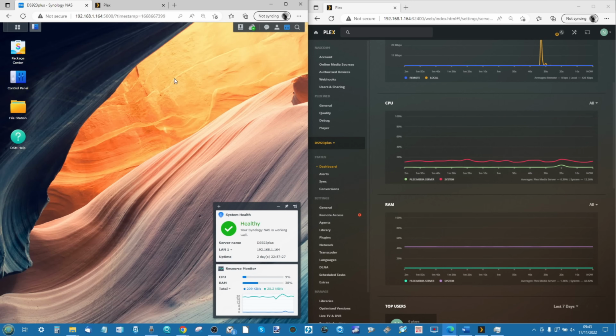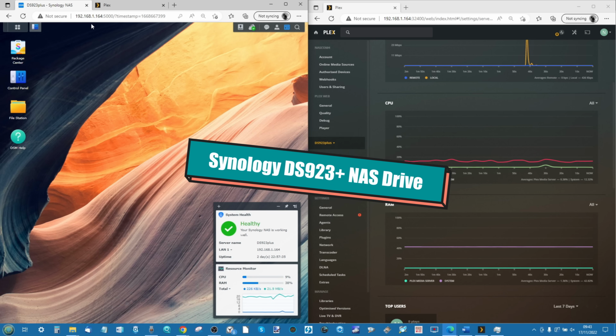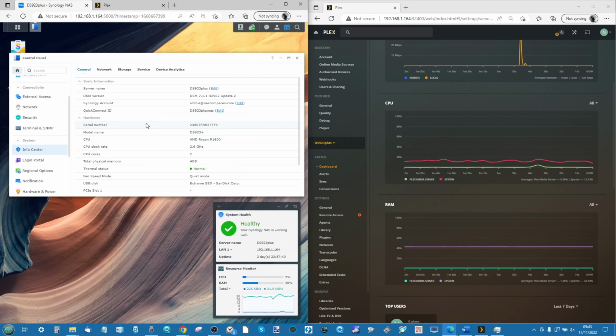Hello and welcome back, and that is right, it is time for the Plex Media Server testing on the new Synology DS923 Plus. This is a subject that has been something of a debate for quite a few months. We've been talking about the DS923 Plus arriving with the R1600 CPU inside that doesn't have integrated graphics, and I know a number of you are concerned about its performance as a Plex Media Server NAS, and that's what today's